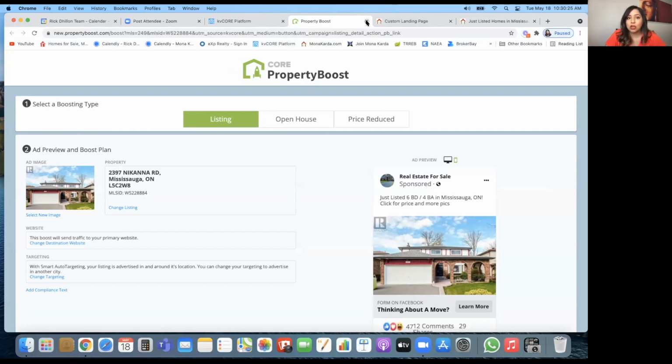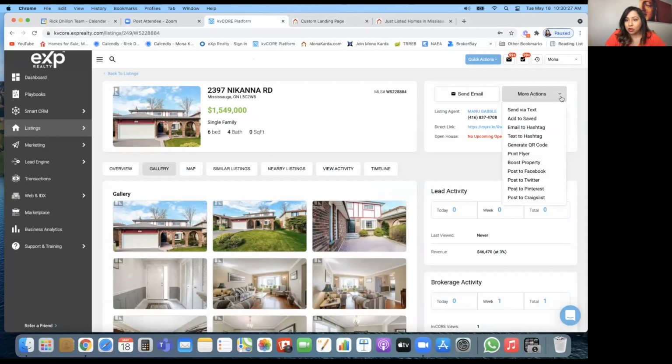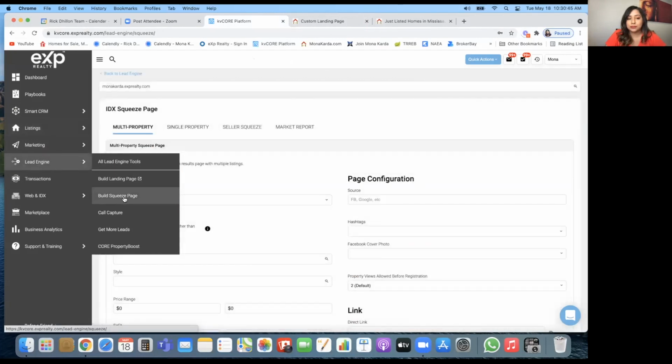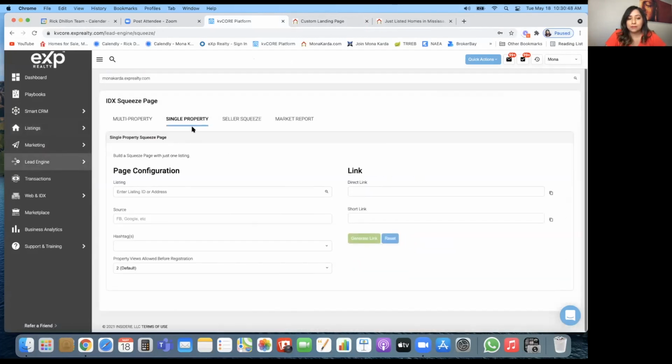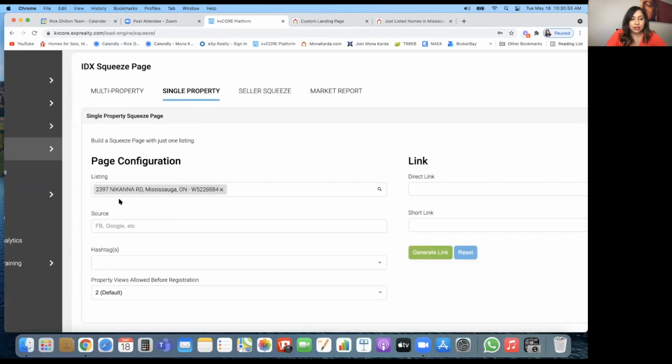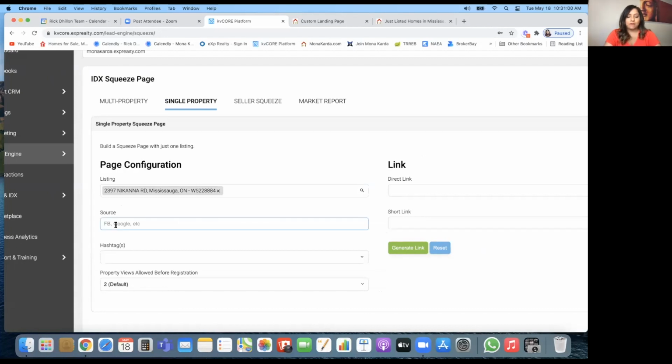and the leads will be coming into your KV Core. Or you can go ahead and click more actions, and you may want to just post it to your Facebook. Now you can post it to your Facebook like this, or you can post it to your Facebook through the single squeeze page. So I'm going to go back to build squeeze page, and I'm going to go to single property, and I'm going to go ahead and hit paste, which was the MLS number, and it's going to populate here the address of the property, and I'm going to pick Facebook,